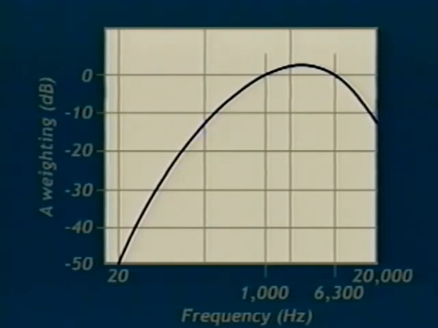A weighting is a response function that spans the audible frequency range. This weighting assigns to each frequency a weight that is related to the sensitivity of the ear at that frequency. Frequencies to which the human ear is less sensitive are weighted less than those to which the ear is more sensitive. The A weighting curve emphasizes frequencies in the 1,000 to 6,300 hertz range and de-emphasizes frequencies out of that